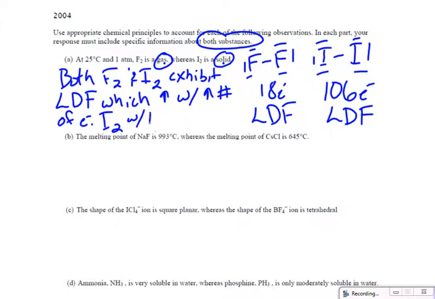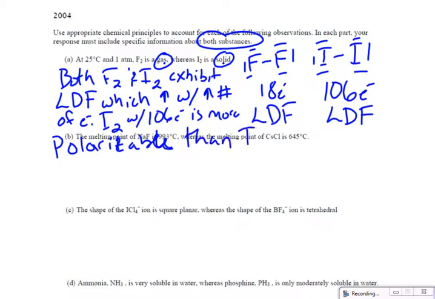Iodine with 106 electrons is more, here's the buzzword for this unit, polarizable. I think I missed that. Polarizable than, that should be an F. Always have a good eraser. Fluorine with